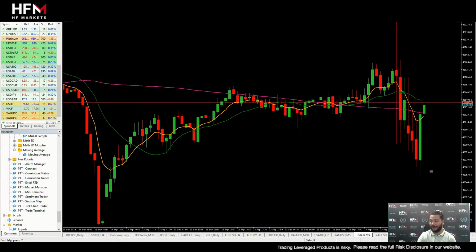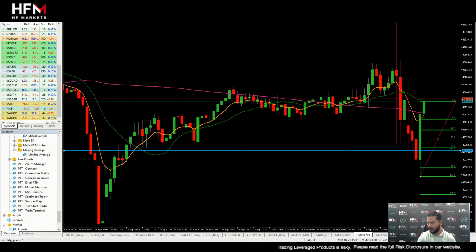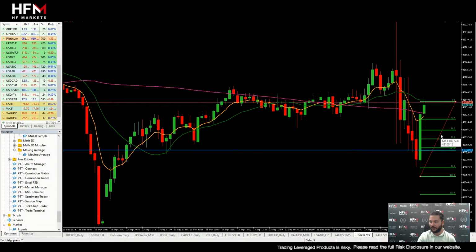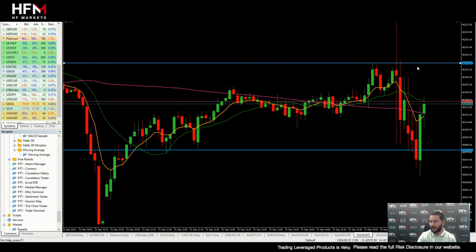What could we do here? Again, we can, if we wish, draw our Fibonacci levels like so. So we can draw Fibonacci level to the current price here. If it declines again below 65, we may speculate a decline. The 65 is at this blue line here. Alternatively, what can we do? We can look at a breakout of this level here. If it breaks above that, we can speculate upward price movement.